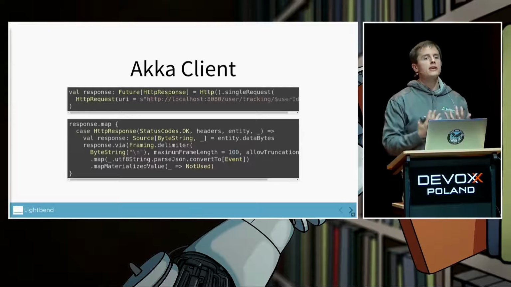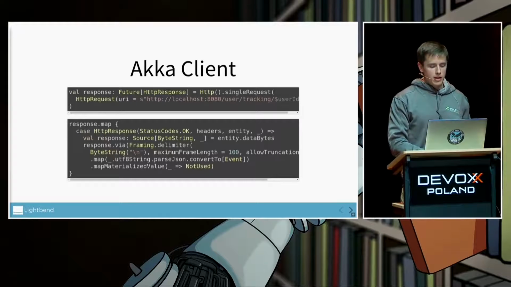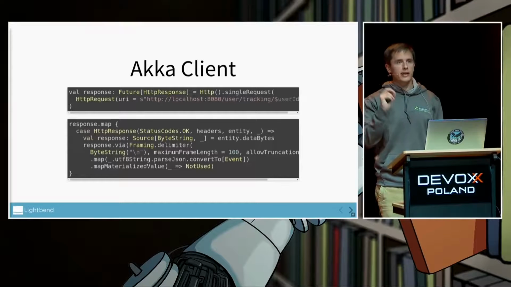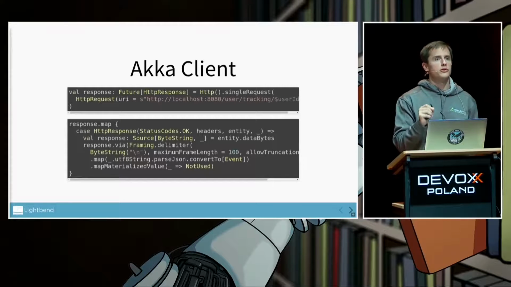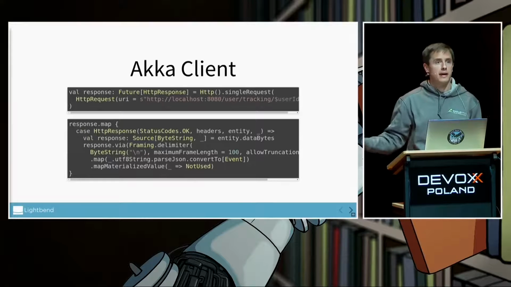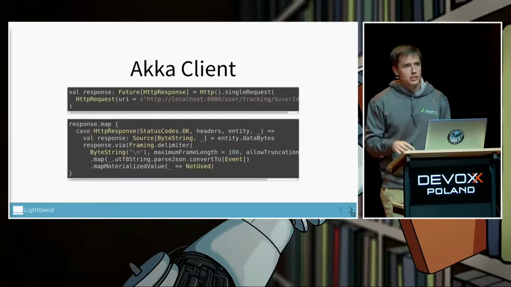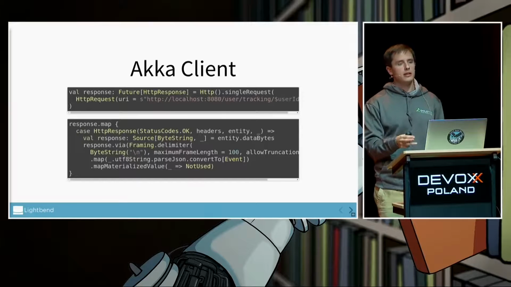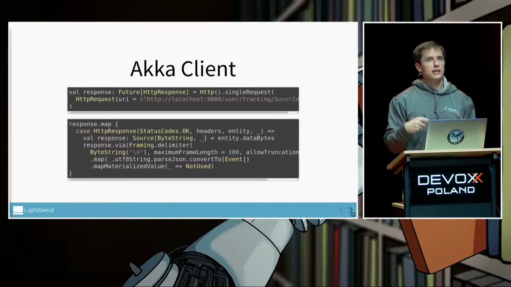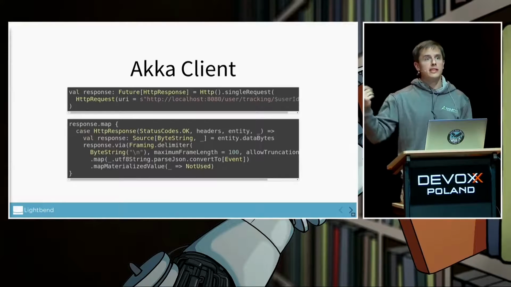It doesn't try and read everything from the socket. If you look inside the map, on the third line of the second snippet, if we actually try and get the response coming back from the server, it comes as an Akka Streams source. Now, if you remember, a source is not allowed to do anything until there's demand from a sink, because it has to wait until the sink has capacity, whatever that sink might be. So if you're using the Akka HTTP client and dealing with large payloads, you connect it to a sink which will only demand data when you want it to be pulled from the server.